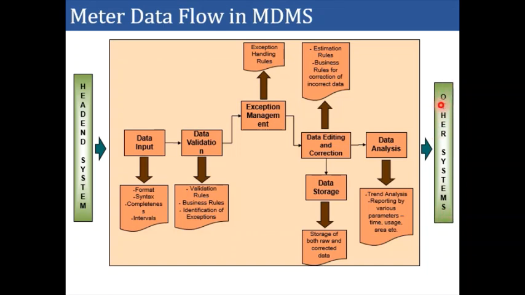Generally what happens is, the billing system will track the payment behavior of the consumer, and if there is a default from the consumer side, the billing application will send a request to the metadata management system for the remote disconnect, and then the metadata management system will initiate the command to the head-end system for actual execution of the meter disconnect. So these types of activities are carried out with the help of the metadata management system.